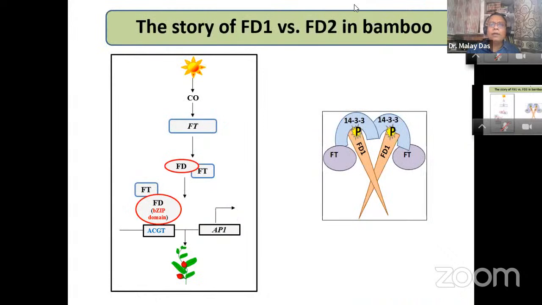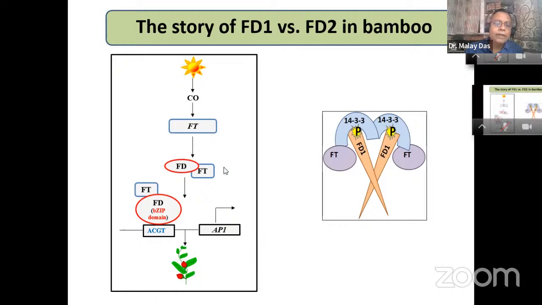Now, another gene that I want to discuss with you today is CO and FT. This is another group of genes, known as FD, which comes much later than FT. I already told you that in order to induce flowering, the CO has to interact with FT, and once FT